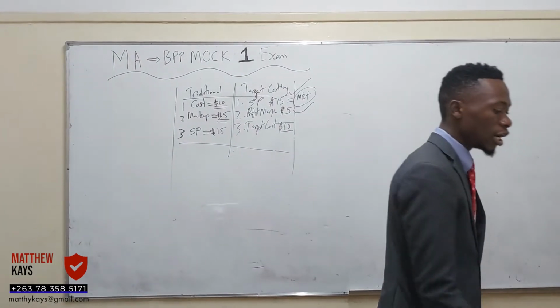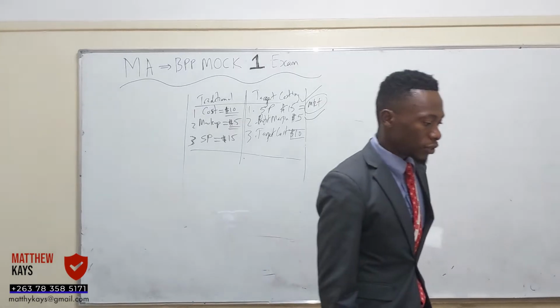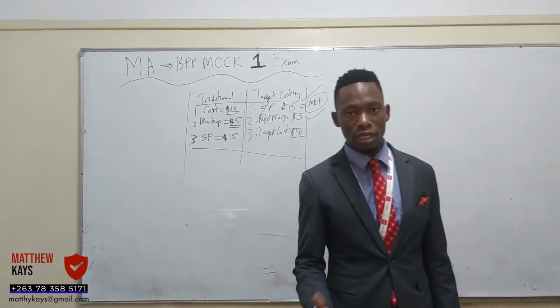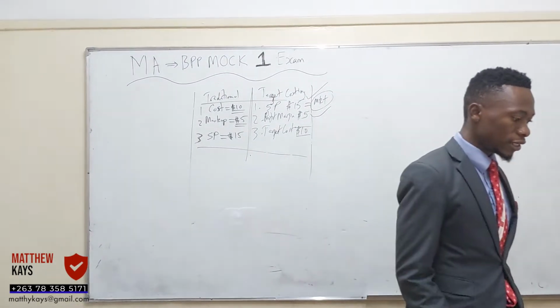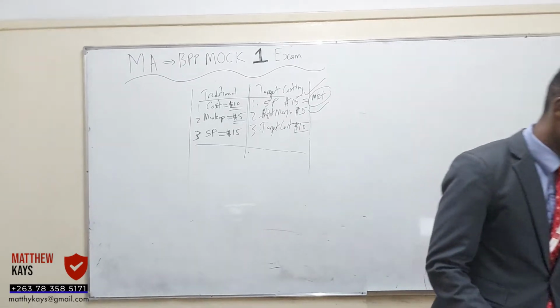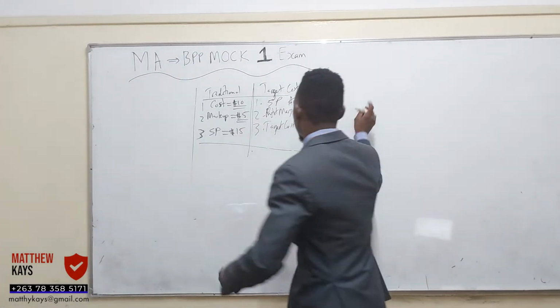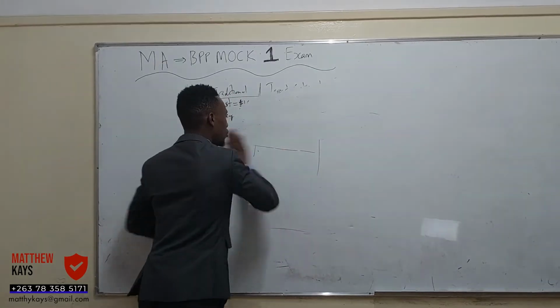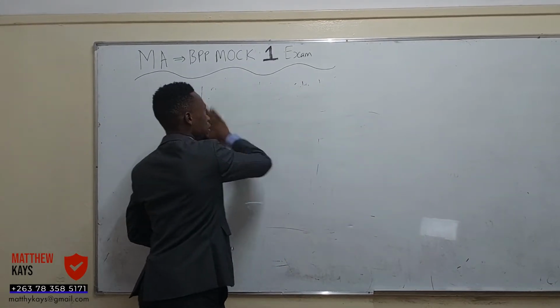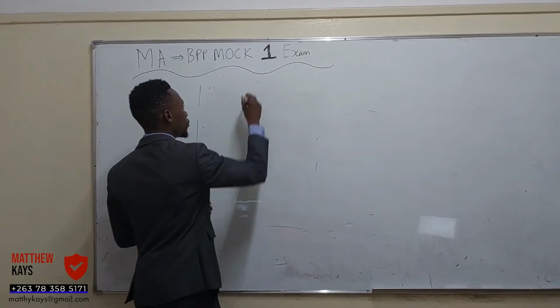Moving on to number 3, I'm looking at process costing. In process costing, they are talking about the normal loss and the abnormal gains. If you look at this now, we have process F and we have process G. They are asking whether process F is an abnormal loss or an abnormal gain. Guys, there is an easy way of doing this. Process F,